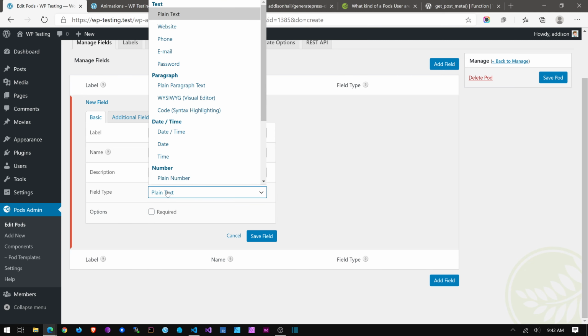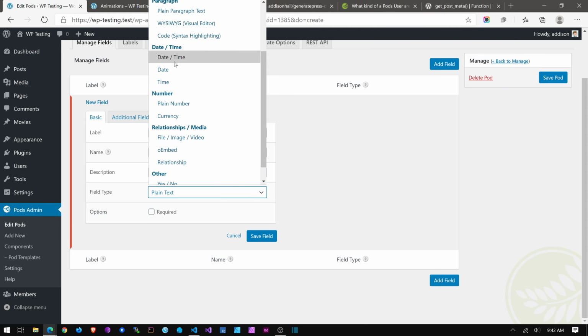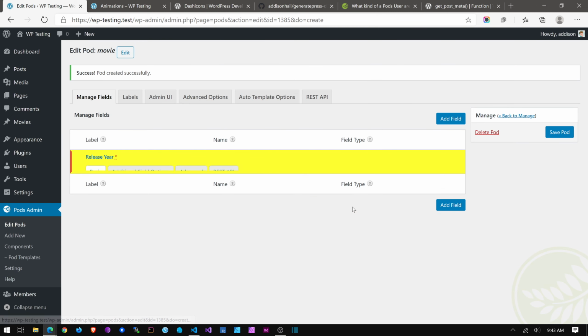And we can leave it plain text for now. I guess if I were really thinking about programming this, there might be an instance where I might make it a date field because I might want to sort it by date. But we're just going to keep this simple, and we'll make it required. So we're going to save that field,